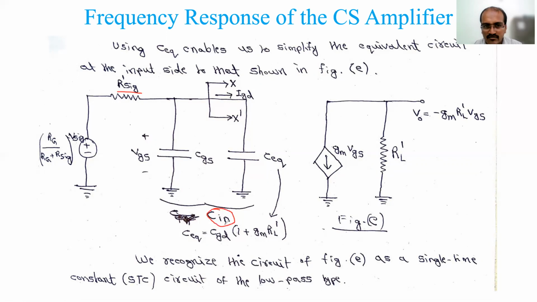So this is an RC combination now, and its time constant is tau equal to R into C. In this case it is R signal dash into C in. That's why the circuit is shown in this form. There are many other ways to do the analysis, but this is one of the easiest forms to find the high frequency FH. We are going to derive that. That's why we have considered this STC form of the circuit, because it is easy compared to others. The syllabus is set like that, so you have to study the easiest one.